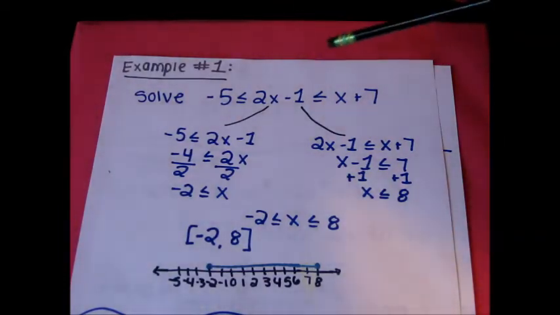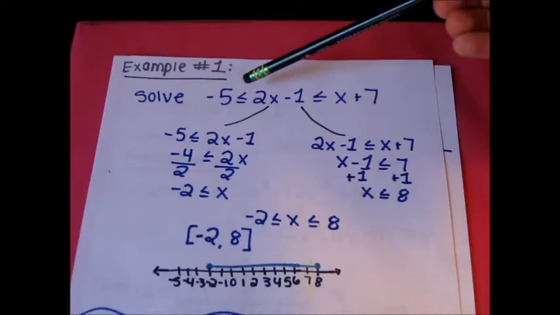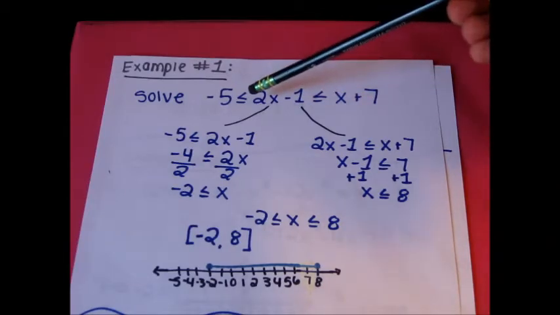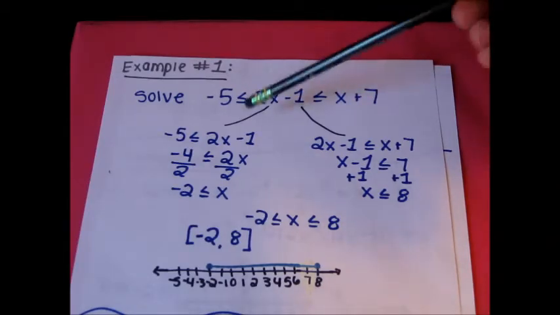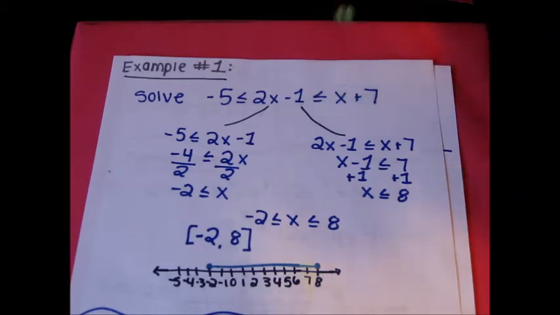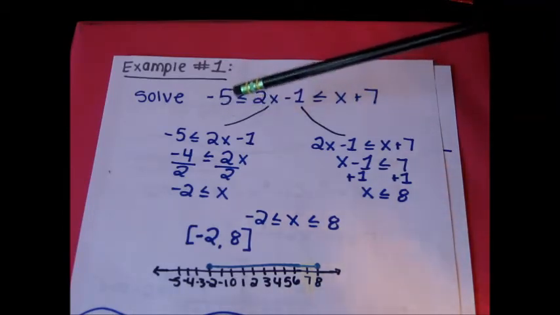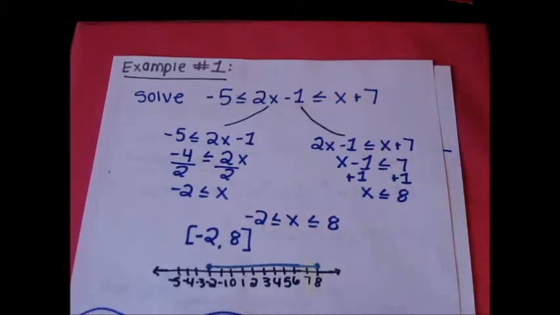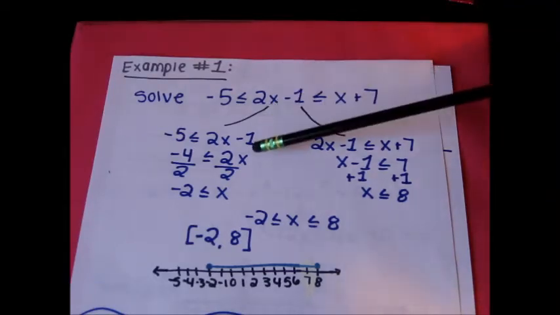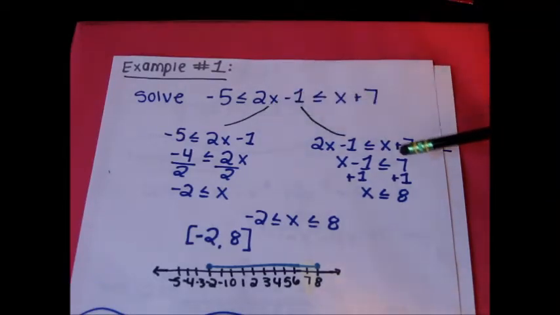So you would basically cut it off where it would be 1 inequality symbol for one equation and then 1 for the other. So for this side we would have negative 5 is less than or equal to 2x minus 1, and then for this side you would have 2x minus 1 is less than or equal to x plus 7. And then you just solve by combining like terms and getting x by itself, so eventually you'll get